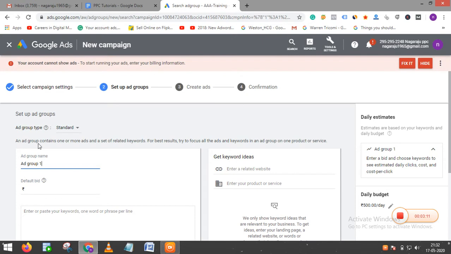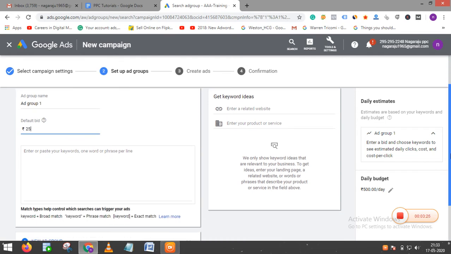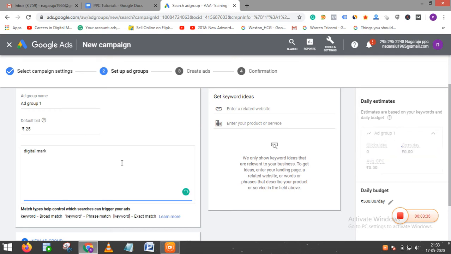Now we have come to the ad group section. This is my ad group name 1, and the default bid I want to spend is 25 rupees per click. And the keywords are something like digital marketing agency.